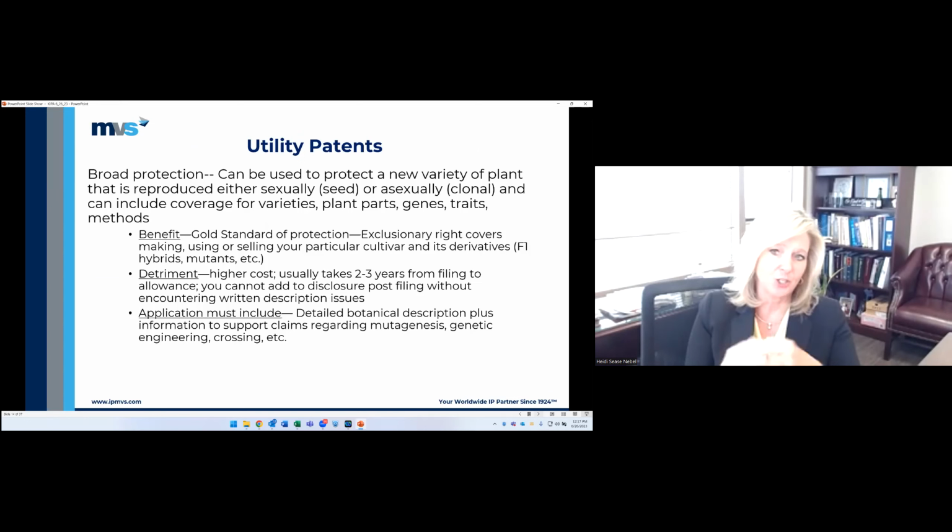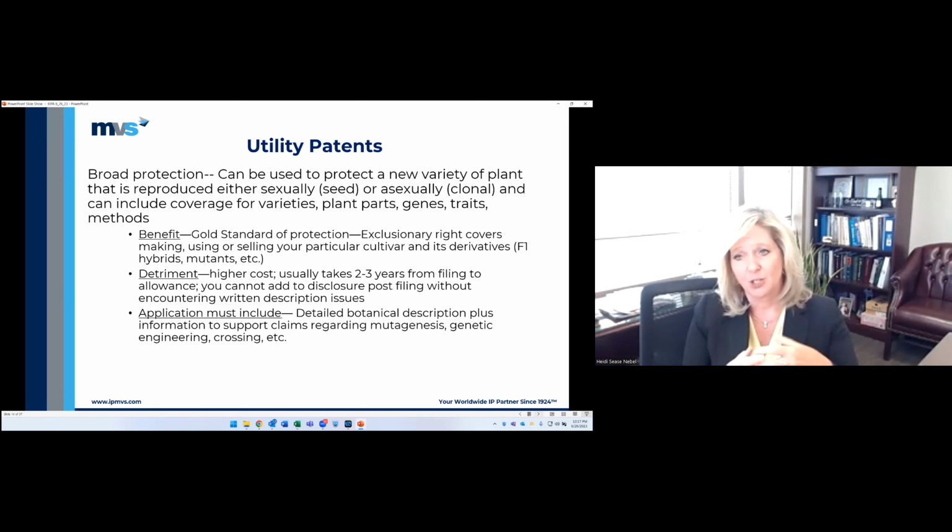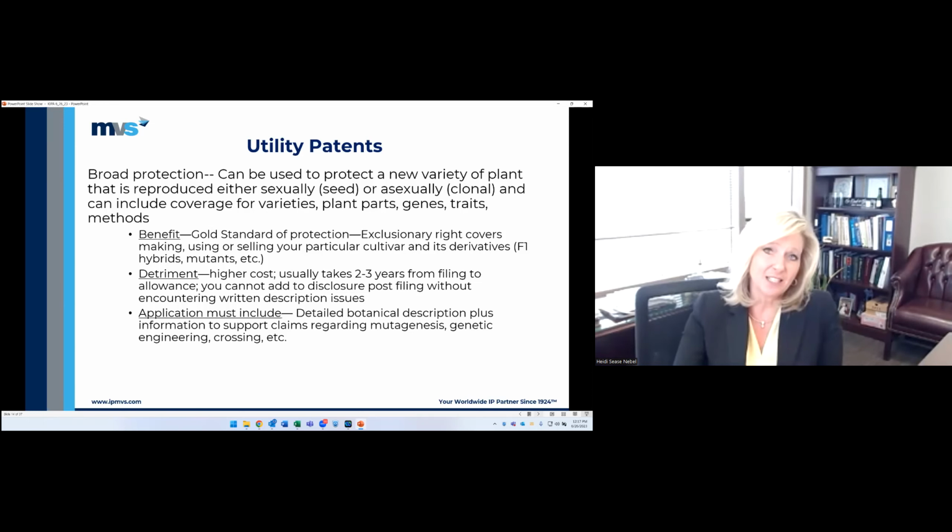our utility patent statute, which applies to both plants and regular utility patents. We have an on sale bar date. So if it's publicly used for more than a year before filing, you are barred from obtaining patent protection. So certainly before anything gets into the marketplace, certainly before anyone can access the plant itself for asexual production or seeds of the plant to produce it. So definitely before a first sale, hopefully before any public availability or access to it,